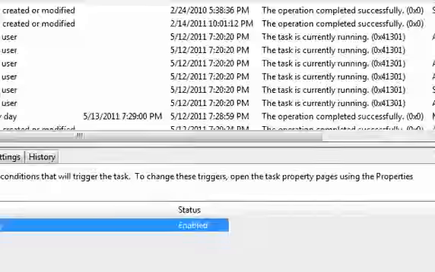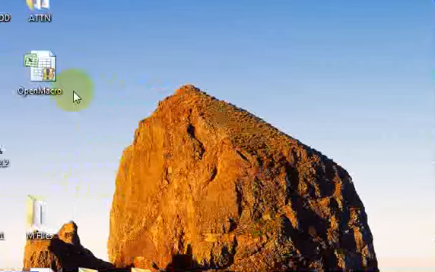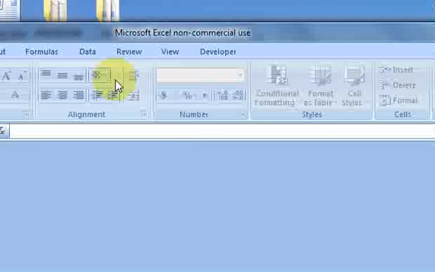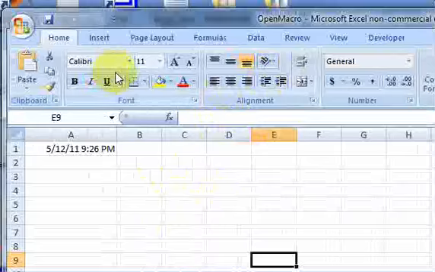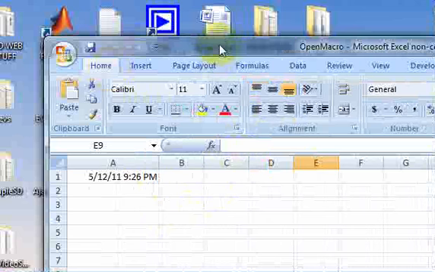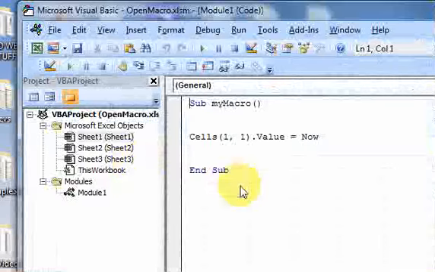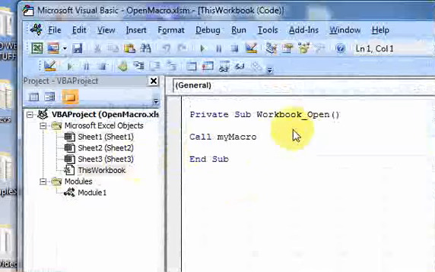And now let's go back to our workbook here, because let's think about this. When this ran, remember the workbook didn't close, right? Because if I go into the code, all the macro does is it opens up the workbook, and then it runs the macro, and that's fine. And if that's all you want to do,